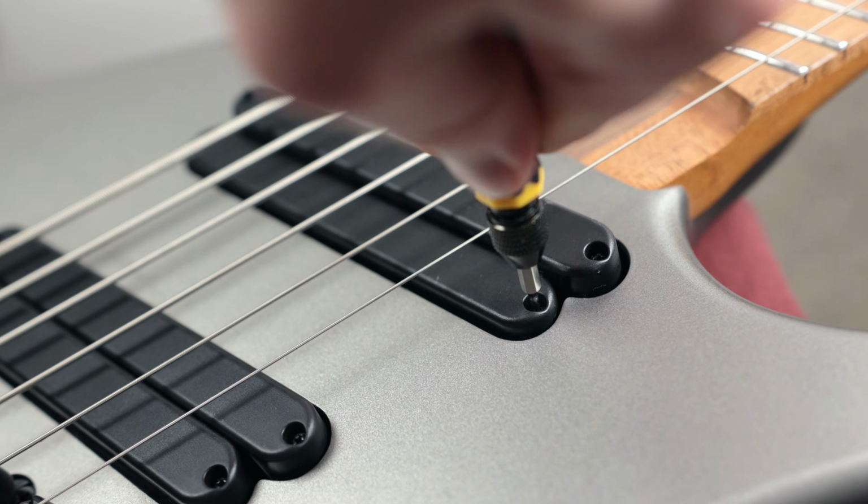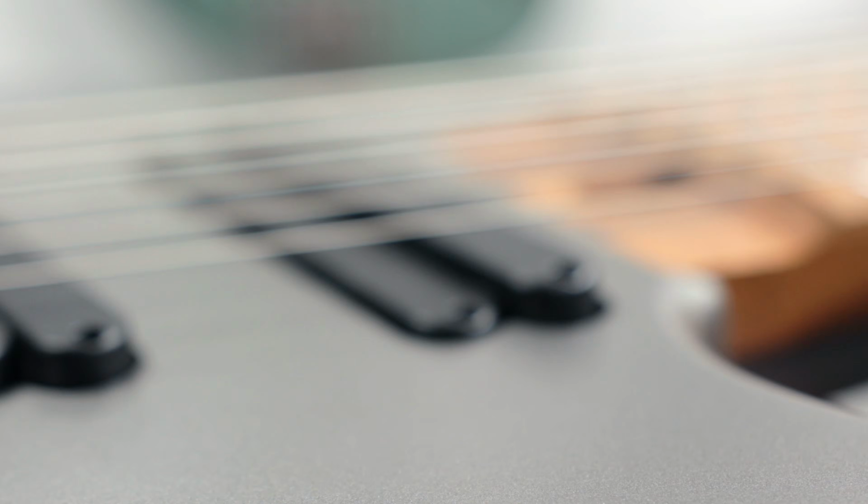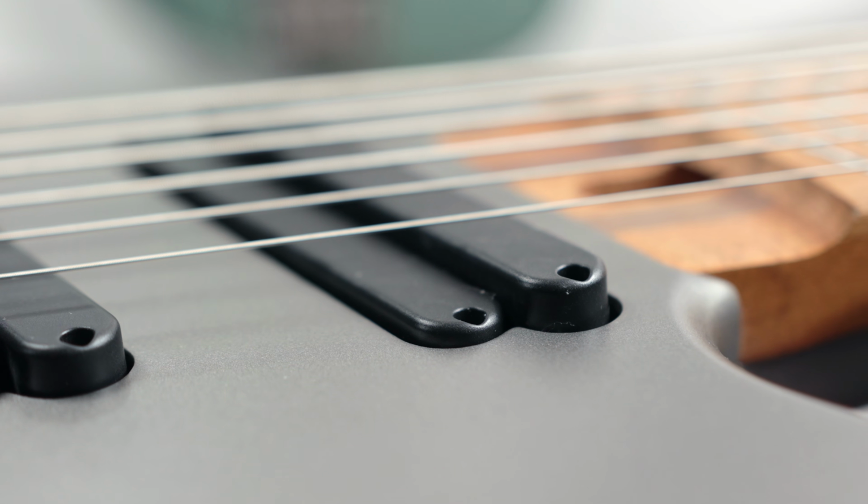So you can just go ahead and get one of those single coils and screw it in all the way. That way it does give you a single coil sound, which just adds even more to the versatility of